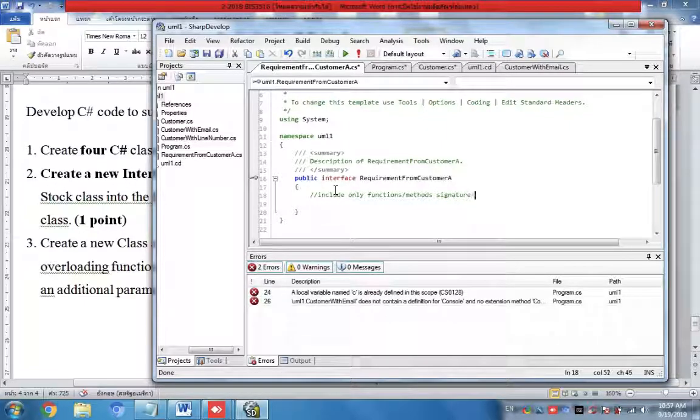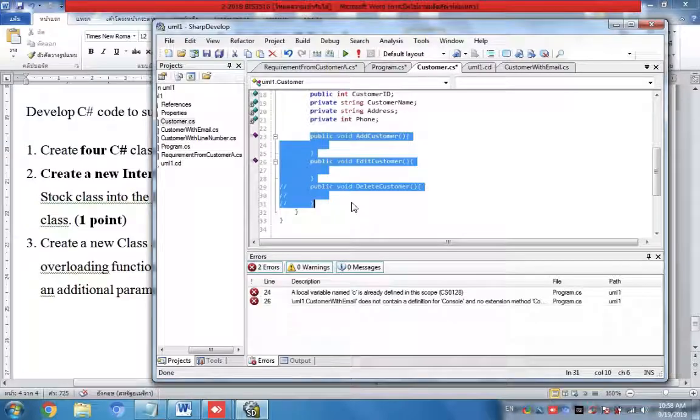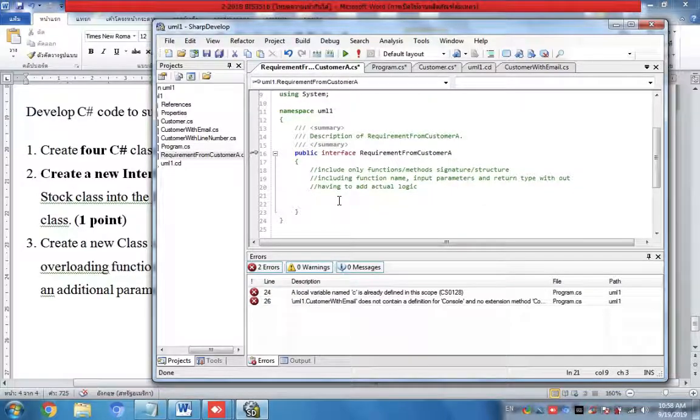signature or structure, including function name, input parameters, and return type, without having to add actual logic. For example, now from the customer's point of view, what they want is just 3 different functions like this. Okay, so as the business analyst, you can develop the requirement by yourself here, and then you put